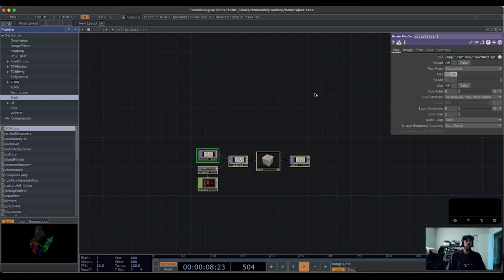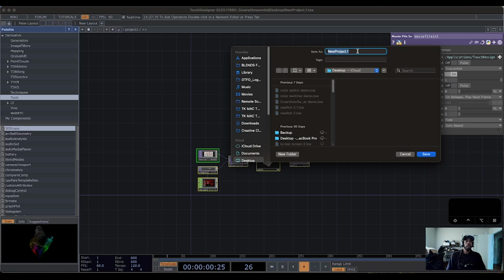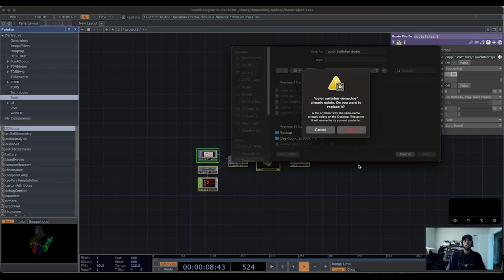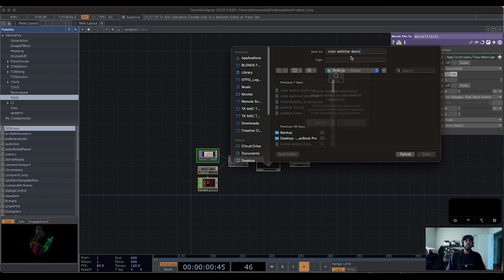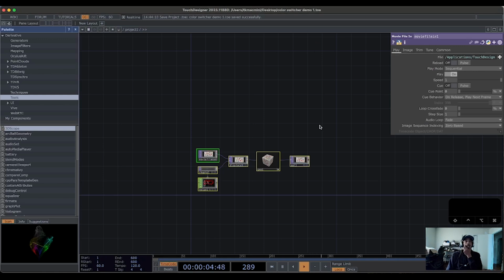We're going to save, and I'm just going to put it on the desktop for now, and I'm going to call this color switcher. Can't spell it. Color switcher demo. Let's try that again. Color switcher demo. Okay. And I've already done that, so I'm going to call it color switcher demo 1. Okay, so